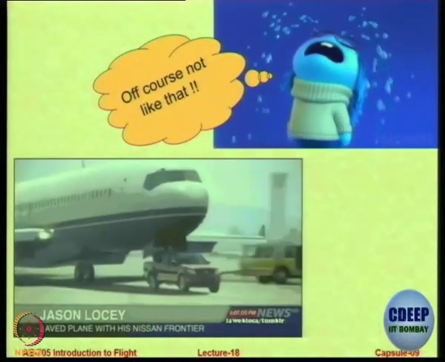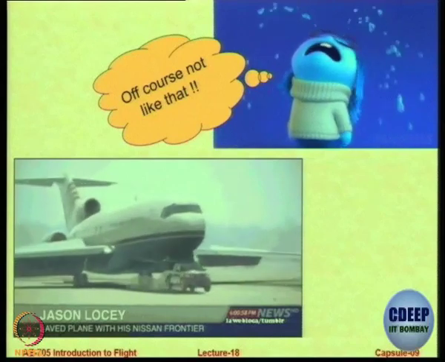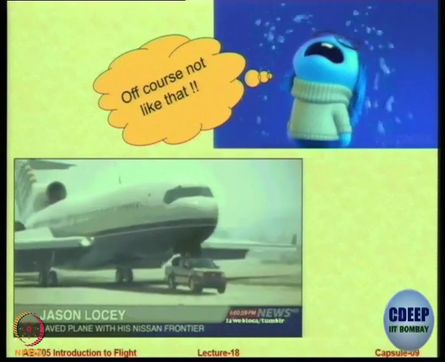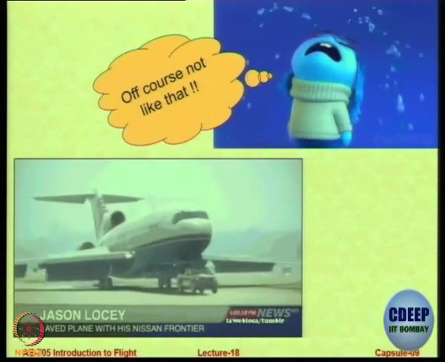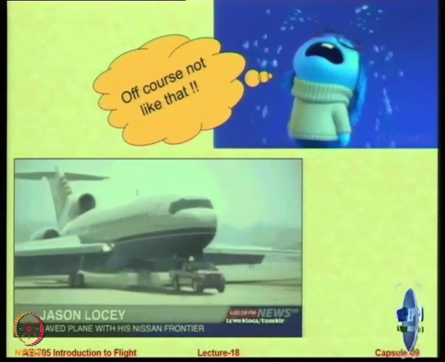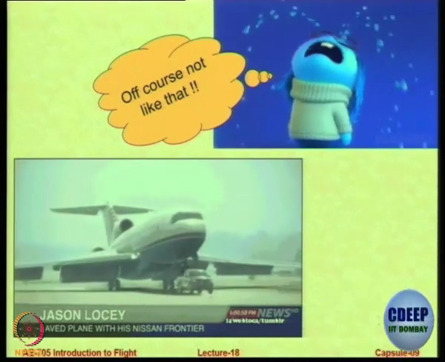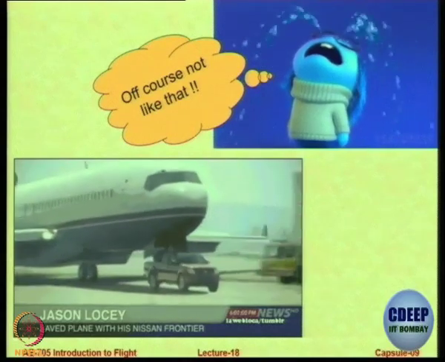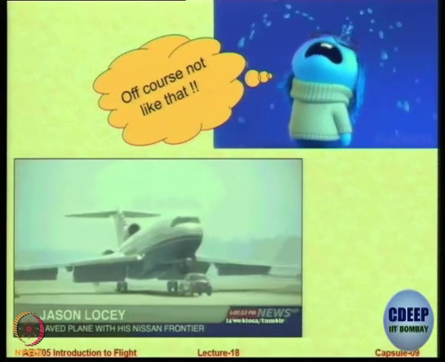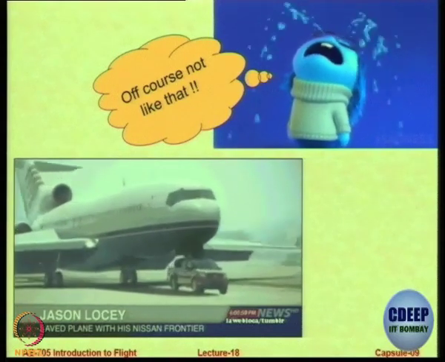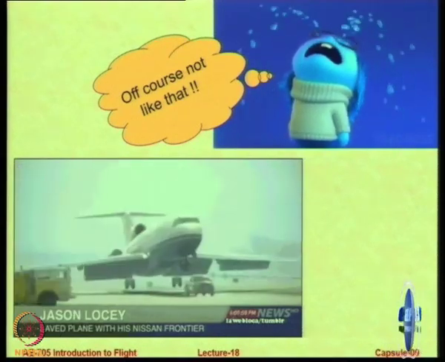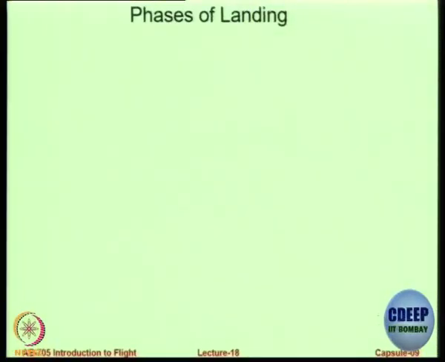Now, there are many problems that can happen in landing. You can see one example here when the nose gear of the aircraft was not working. So there was a very interesting scenario in which one person used his truck. He positioned himself on the truck in front of the landing aircraft so that the aircraft could put the nose landing gear on the truck. Okay. So this is a very heroic thing. Now this is not what we want to do every time, correct? Obviously we don't want it to happen like that.